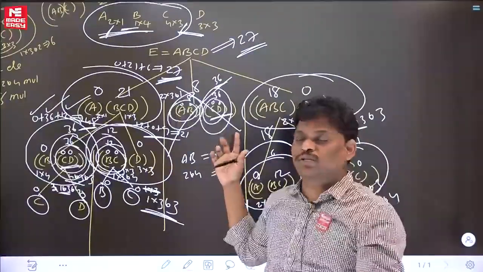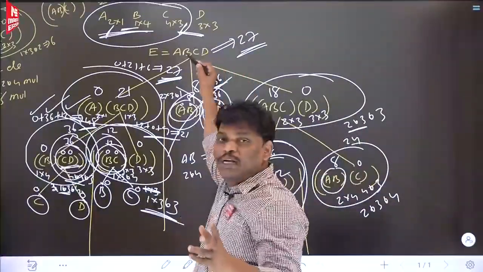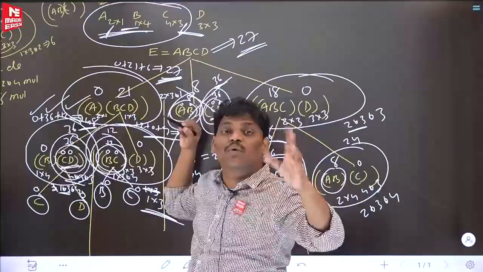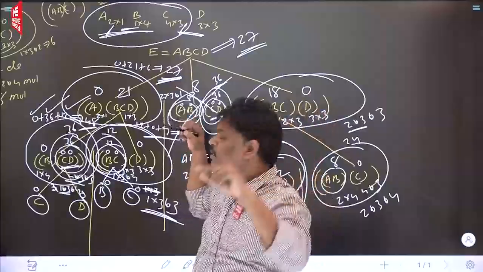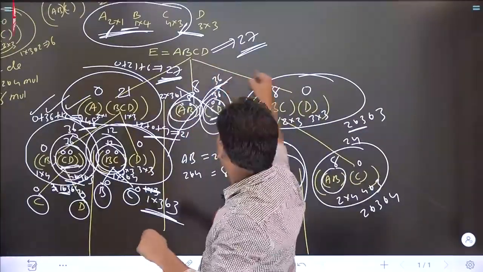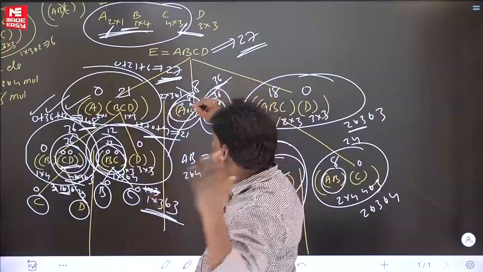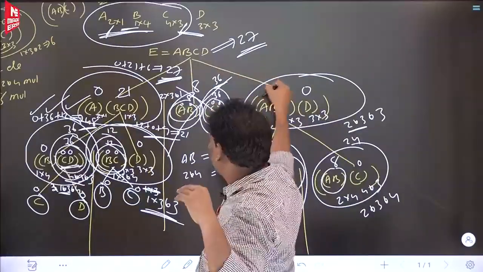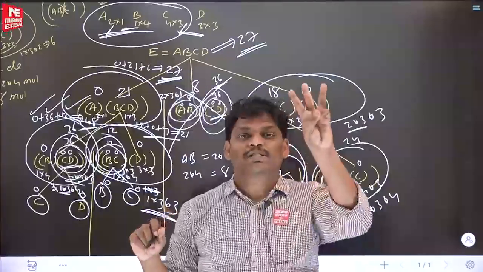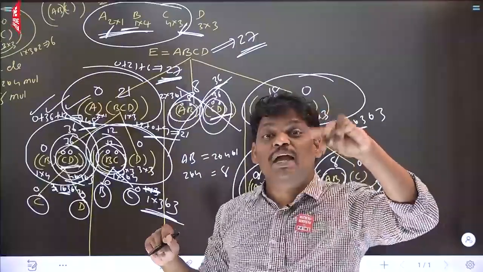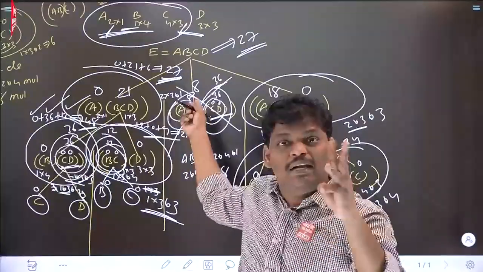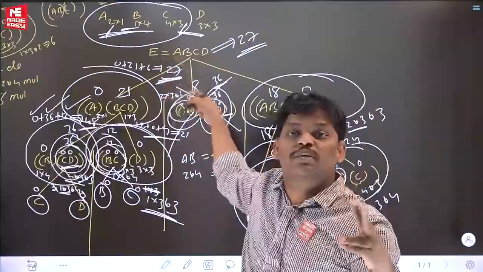And one more thing I want to ask you. 4 matrices if you want to multiply using this procedure, a 4 level tree will come, it's okay, but not a 4 level binary tree, a 4 level ternary tree. See this one, ternary, 3 children are there. Some people are asking, sir, first level 3 children, it's okay, next level only 2. What is the meaning of ternary tree? Maximum 3 children. Ternary tree means maximum 3 children. If you give 4 matrices, 3 children will be there.